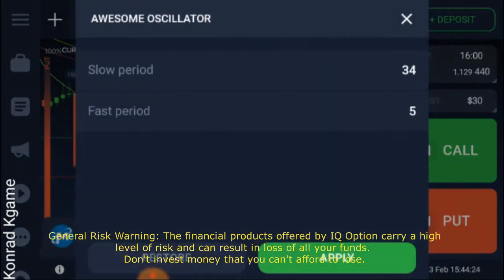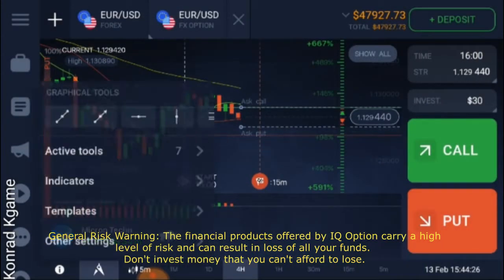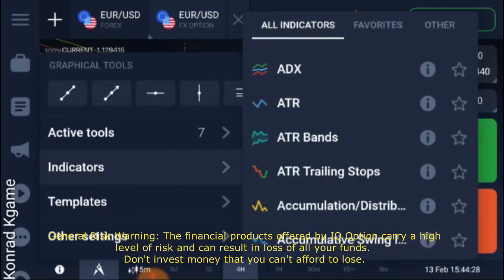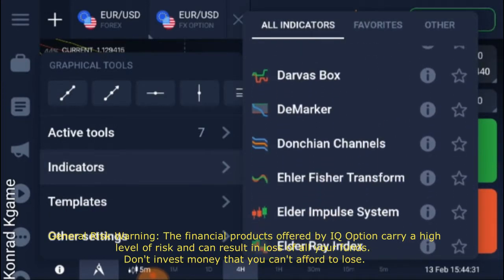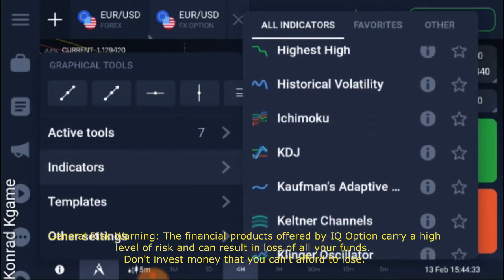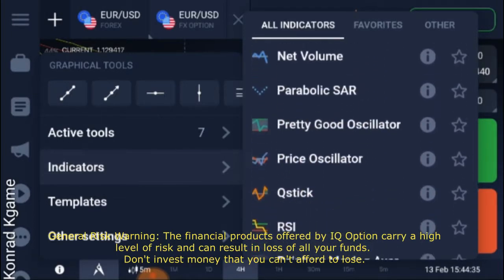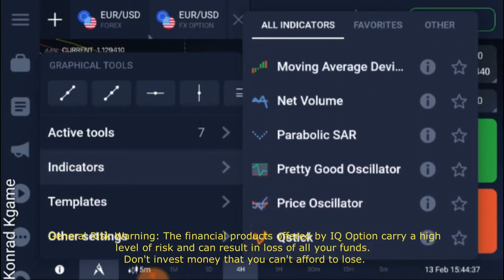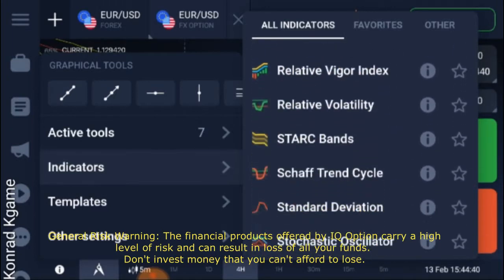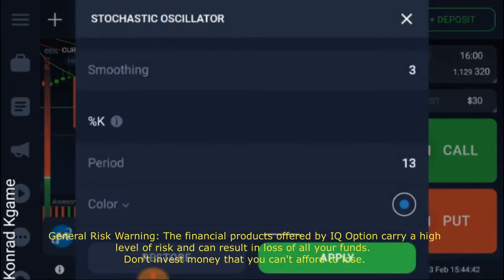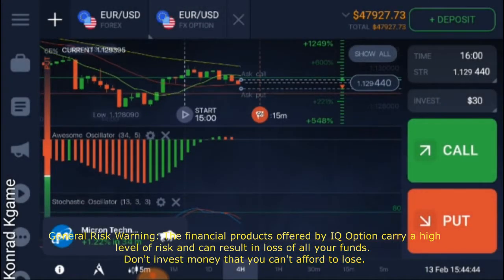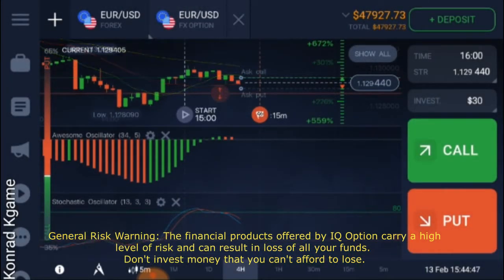Assume an oscillator, standard, and for example, where is it? Stochastic oscillator, standard one. Look, you can't see properly. You don't see the candles that well now. That's good, how it should be. Then basically